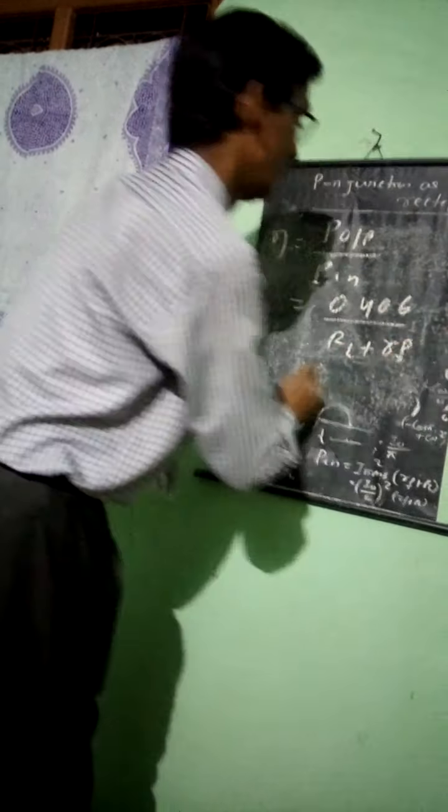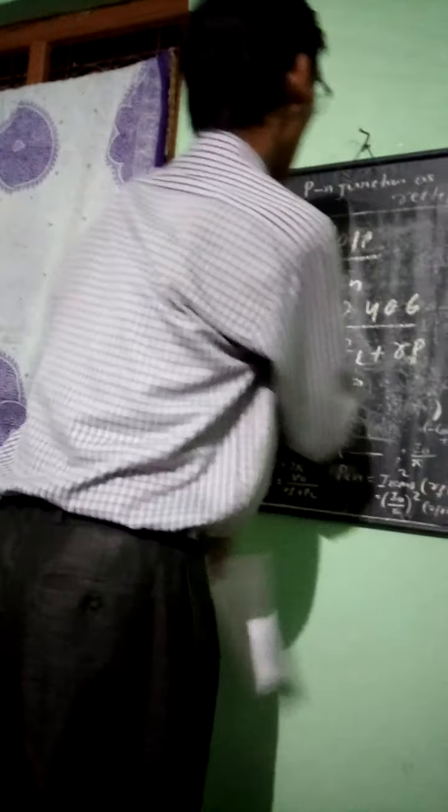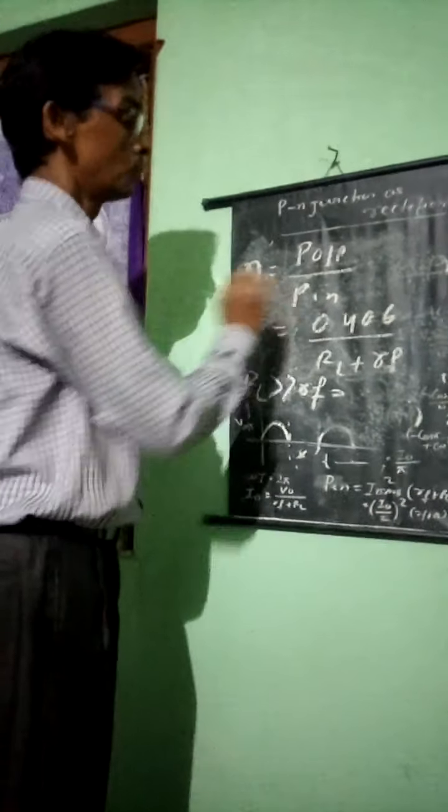Hence, remember, the load resistance is very high compared to the internal resistance of the diode. This implies the output by input is equal to, if you are a technician, 40.6% you are getting. The efficiency is equal to 40.6%.